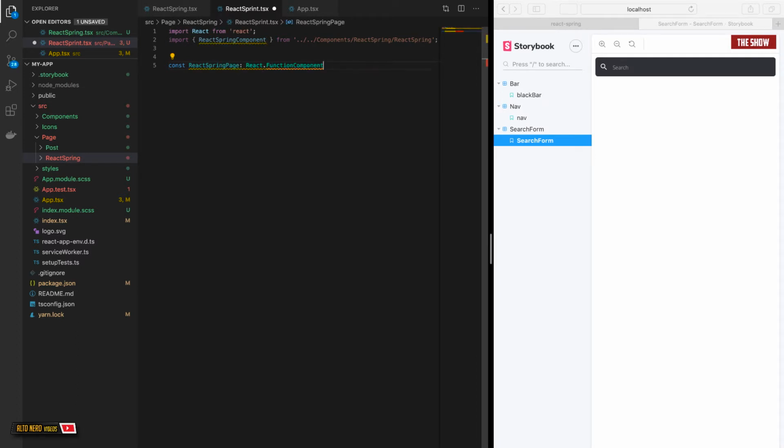So we have function components. I'm not passing in any props. So return. So this is basically saying using the React fragment. So that's what I'm doing. Okay, so I can say export